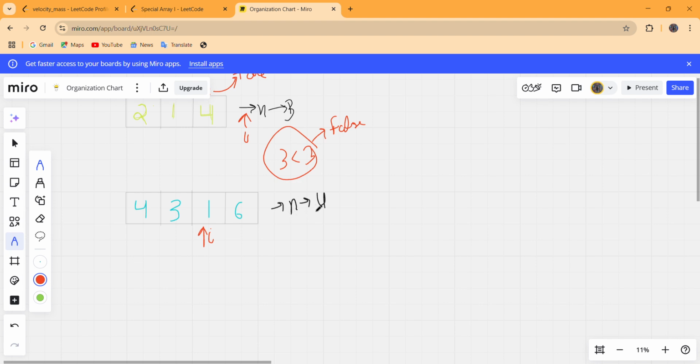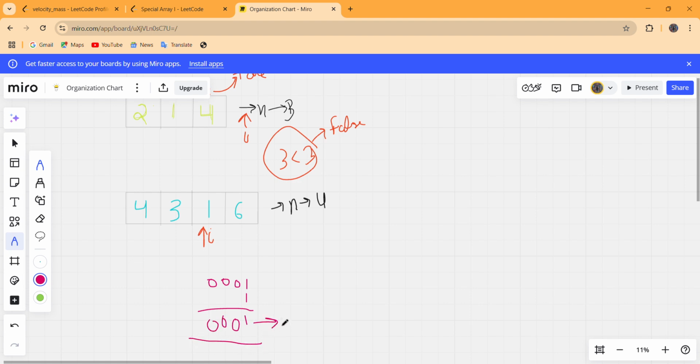Is 2 less than 4? Yes, so we go inside the for loop and check nums of I, that is 1, and 1 in bitwise is written as 0 0 0 1. Nums of I AND 1, with the AND operator, will generate 1 in decimal.